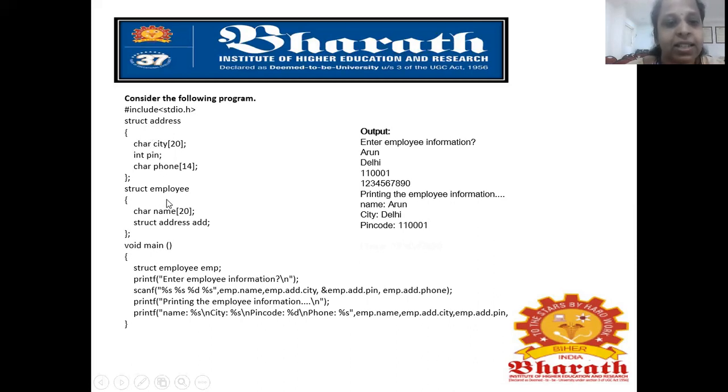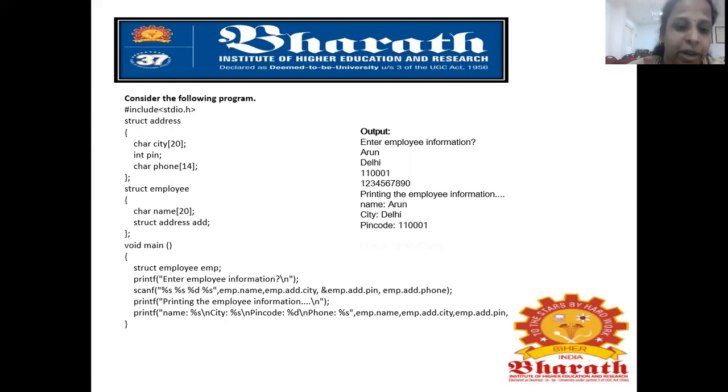These are the fields present in the address. That is the first structure. Next is the second structure, which is employee name and address. We can say a structure within a structure is called a nested structure or nesting of structures.